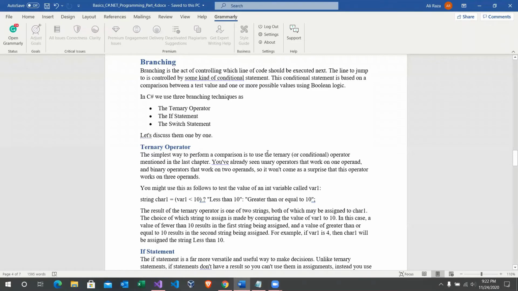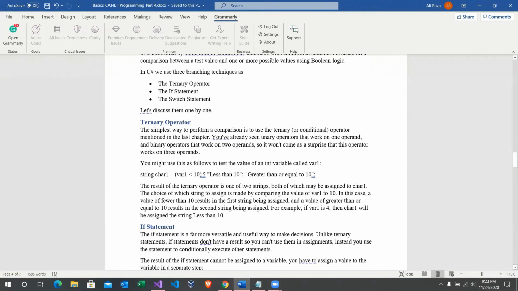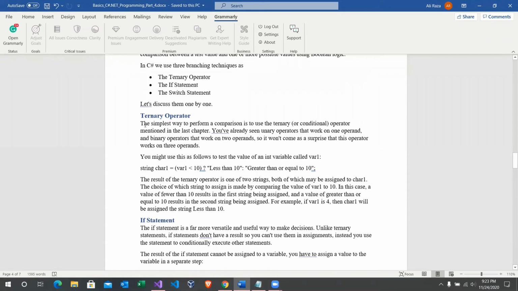Branching is the act of controlling which line of code should be executed next. The line to jump to is controlled by some kind of condition statement. The condition is based on the comparison between a test value and one or more possible values using Boolean logic. In C Sharp, we use three branching techniques: the ternary operator, the if statement, and the switch statement. Ternary operator is the simplest way to perform a comparison. So you have already seen the unary operator that works on one operand, and the binary operator that works on